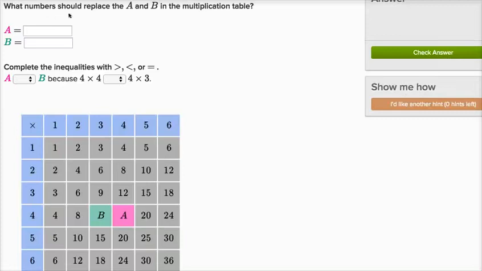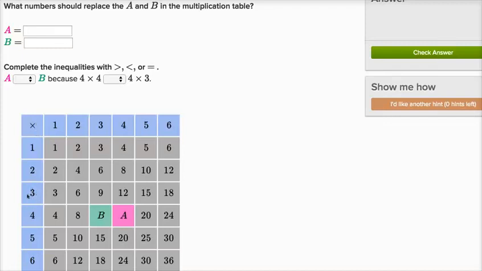We are asked what number should replace the a and b in the multiplication table. So let's just make sure we can read this multiplication table. The way you think about it is, it goes up to 6, so if you want to figure out what any number up to 6 times another number up to 6 is, this table will tell you. So for example, if you wanted to figure out what 3 times 2 is, you say, okay,